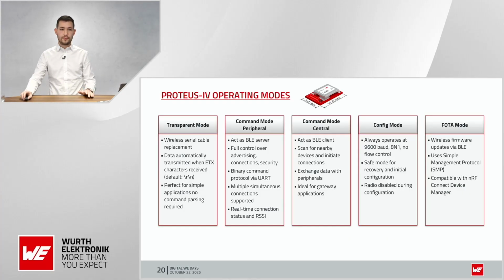So let's quickly talk about the Proteus-IV operating modes. It has a transparent mode, where you just turn the module on, and you are immediately able to connect to it with your smartphone. We provide an app called Bluetooth Low Energy Terminal that you can use to send messages to the module, like in a chat, and the module will transmit those messages to its serial interface. But if you want more customization, command mode is also available,